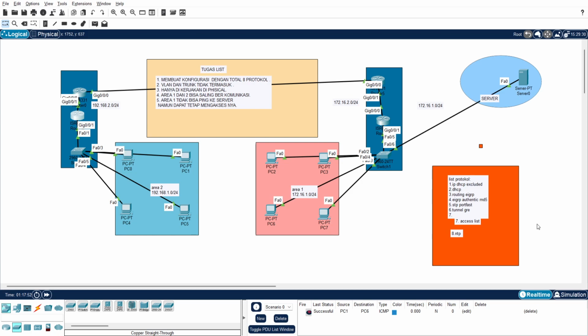So STP port fast is used for making all of the data that is sent, maybe from the router or maybe from the server, get sent easily and without much time.